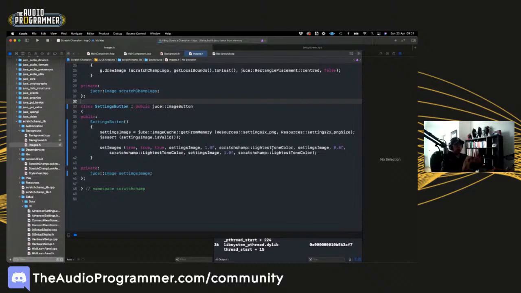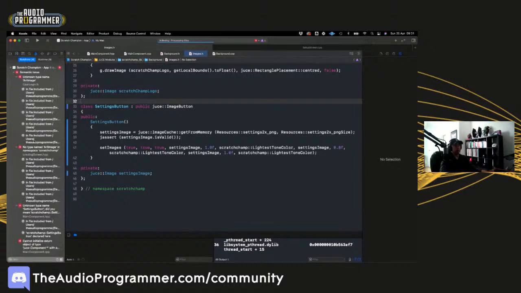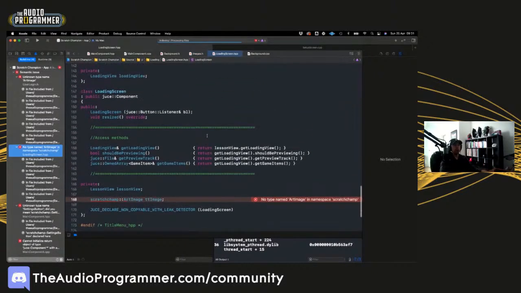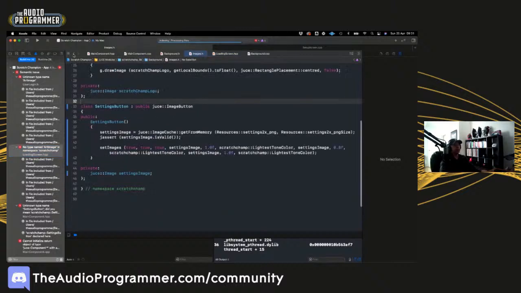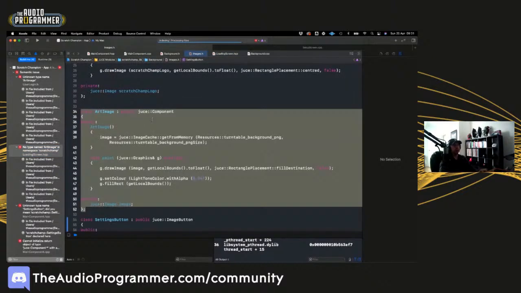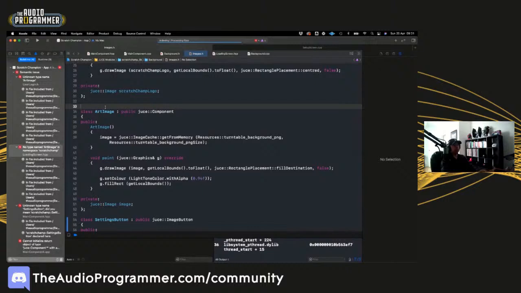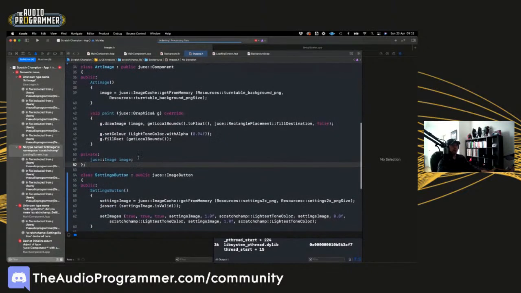And then what I'll do is I'll take all of my other settings and all of my other custom buttons, and I will put them in here. So lesson view. Oh, art image. Now I know what that is. That's actually my cover art. So I'll just make a comment here. So this is like album art, generic album art. I have this habit of capitalizing everything. Then we have settings button